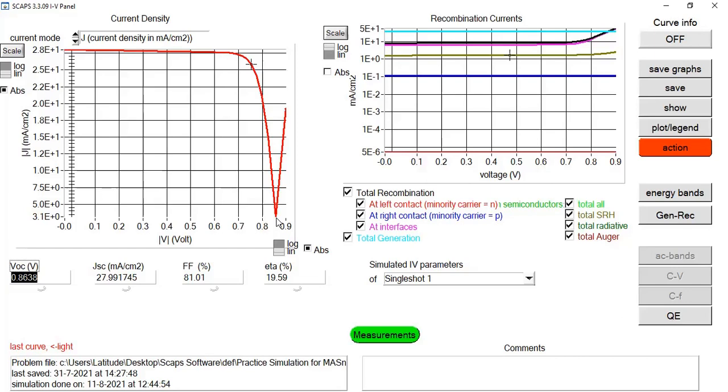So you need to remember that both things are the same. But when we talk about JV analysis, we are talking about short circuit current versus open circuit voltage. What do you mean by short circuit and what do you mean by open circuit voltage? I have already explained in detail. But in case of simulation in SCAPS, we need to mark this button IV, because we are going to compute a graphical representation between voltage and current value.